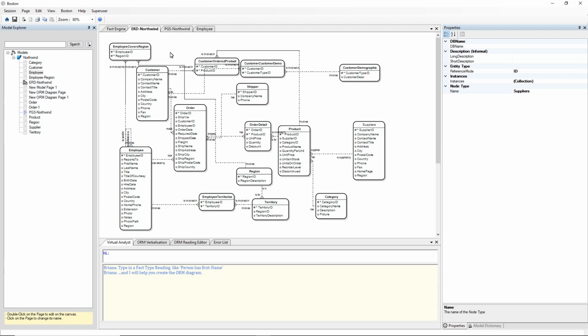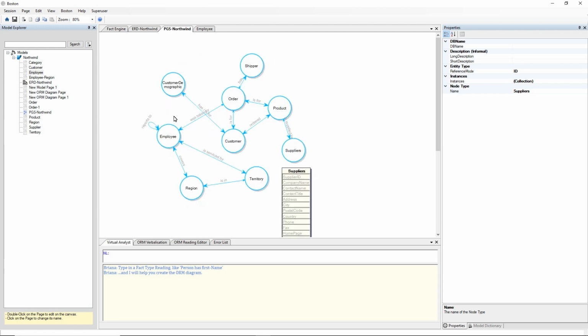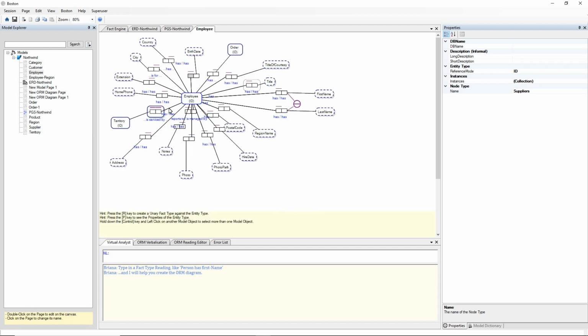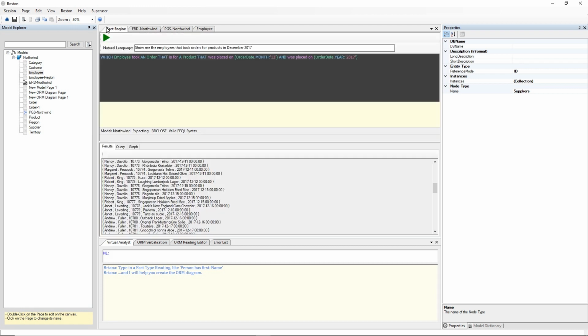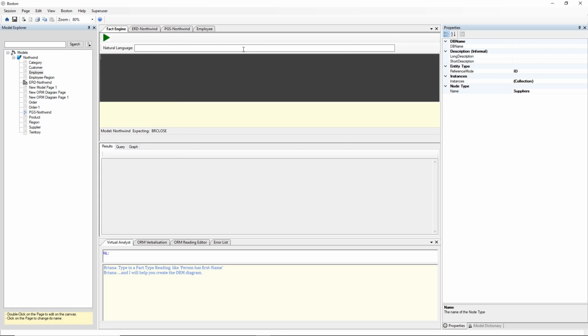So we're looking at the entity relationship diagram, which has a corresponding property graph schema and object role model, and FactEngine sits over the top of the four-layer architecture that defines our schema, so that we have a schema-aware semantic search architecture, so that we can ask questions in natural language and have those converted to controlled natural language to execute over our database.